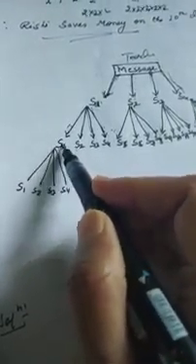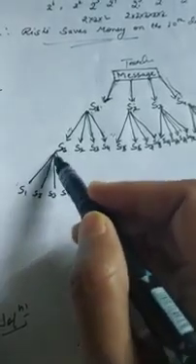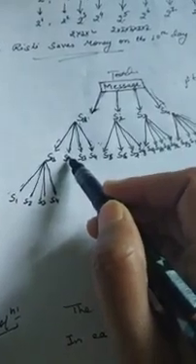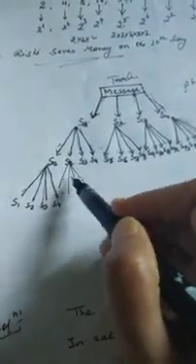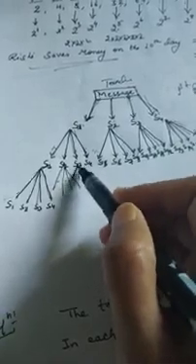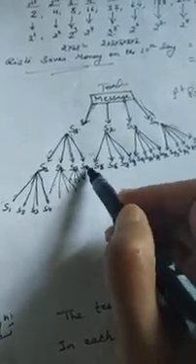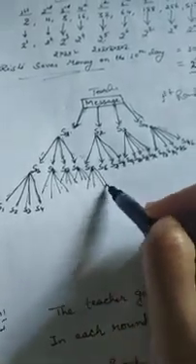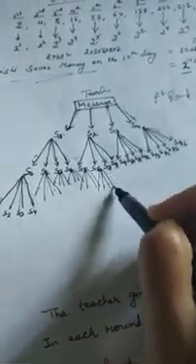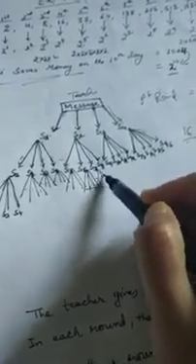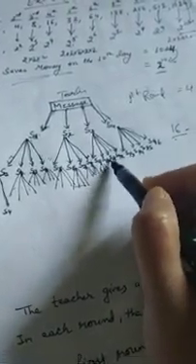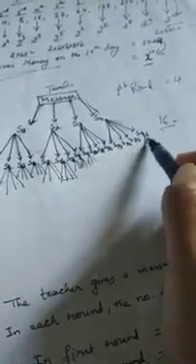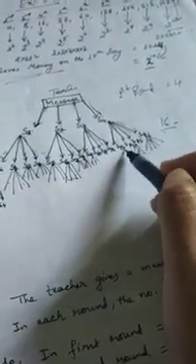So this student S1 will give the message to the other 4 students. So he has given 1 2 3 4. So he will also give the message to the other 4 students, 1 2 3 4. He will also give to the other 4 students. Similarly, student number 9, 10, 11, 12, 13, everyone will give the message to the other 4 students.